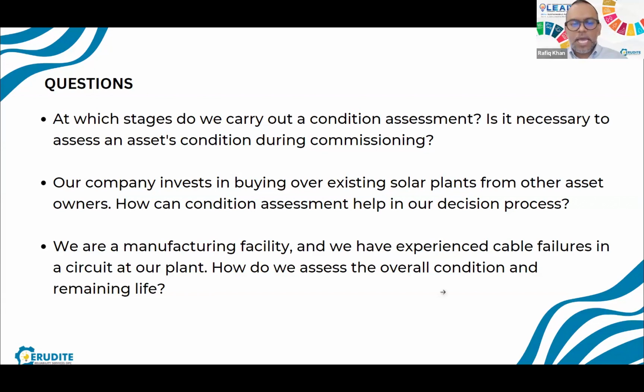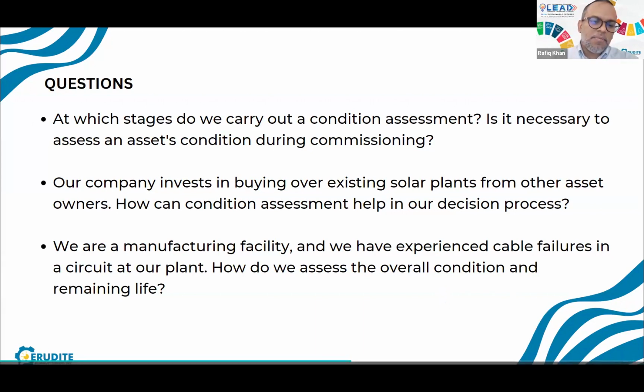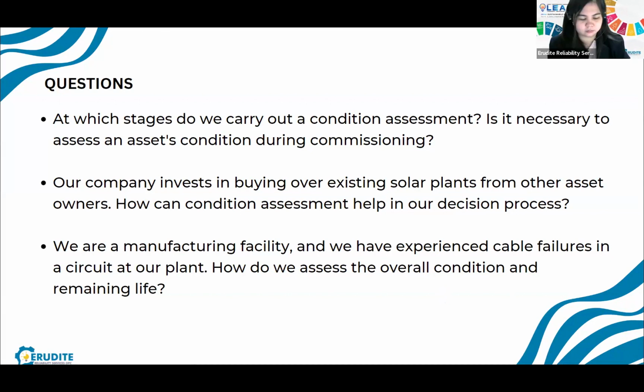Okay, this is also nice, an experience that I had before I started my small company. There was a plant somewhere in the Middle East which had issues with the circuit, the cables. It's a chemical plant, so there is a possibility of chemical contamination in the ground, and this could have resulted in cable failures. But they are not sure of the condition in the ground. They assume that it could be from the environment itself. The ground itself has some form of issues, but there is a possibility of some other factors affecting the cables in this installation.